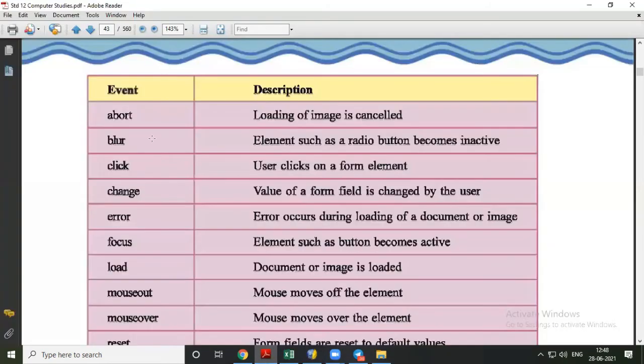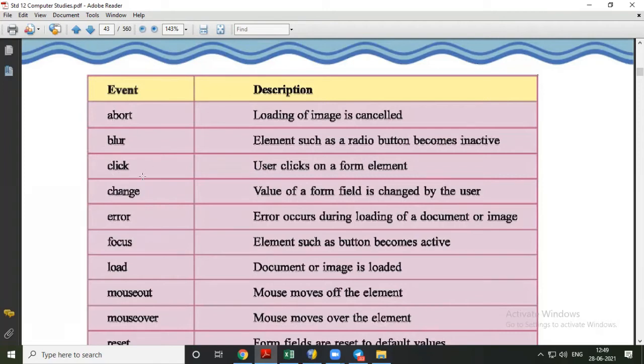So according to this, abort is when an image is loading and when this event is called, it is cancelled, and that image will stop loading on your page. Then blur, so when any object like a radio button or checkbox becomes inactive, that means the user is not able to select it, that is the blur event.